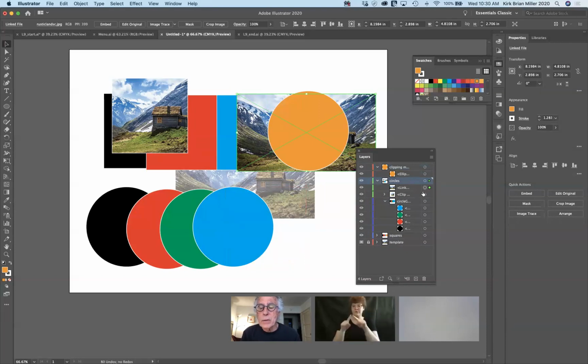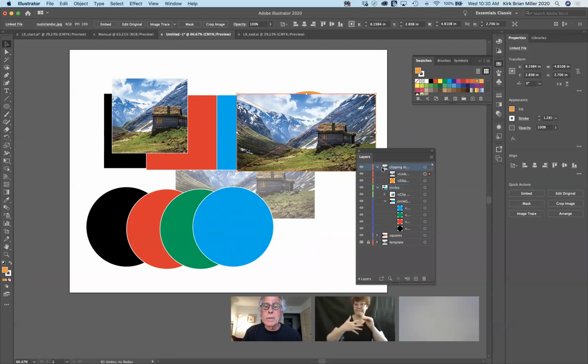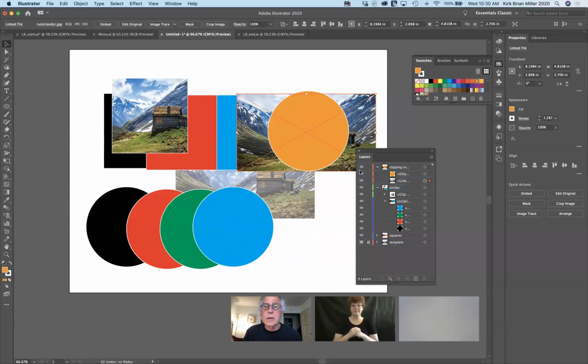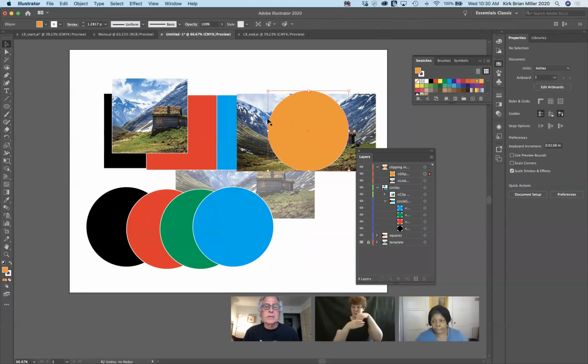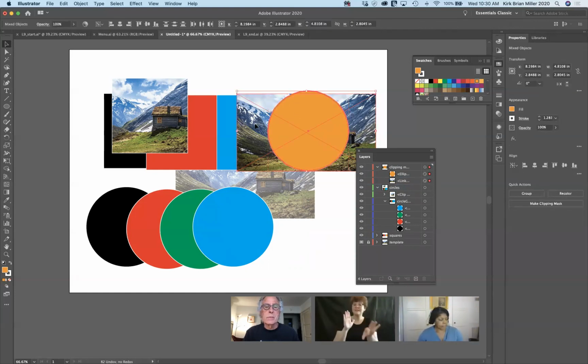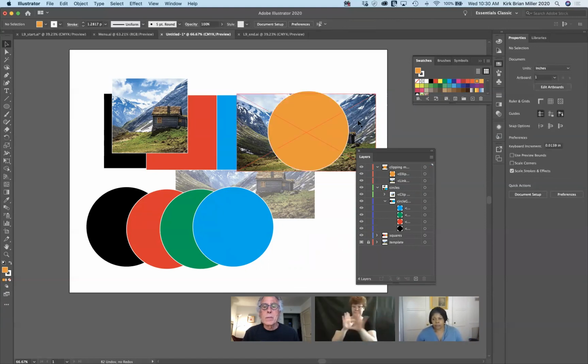So I need to find the link, and that's there. I'm going to move that one up to this new layer, and move it down just a little bit so that it's underneath the circle. Now if you want the photograph to be contained or clipped within that circle, we have to select both of the elements. With both of them selected,